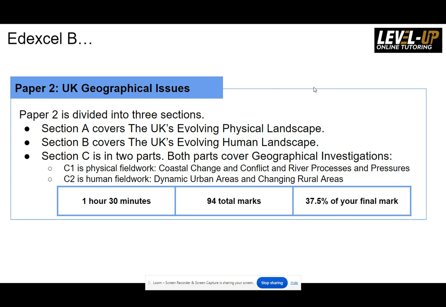Looking on to paper 2, component 2, that's divided into three sections. It has a UK focus. Section A is the UK's evolving physical landscape. That's looking at coasts: coastal landforms, weathering and erosion, coastal management, coastal flooding, hard and soft engineering, coastal